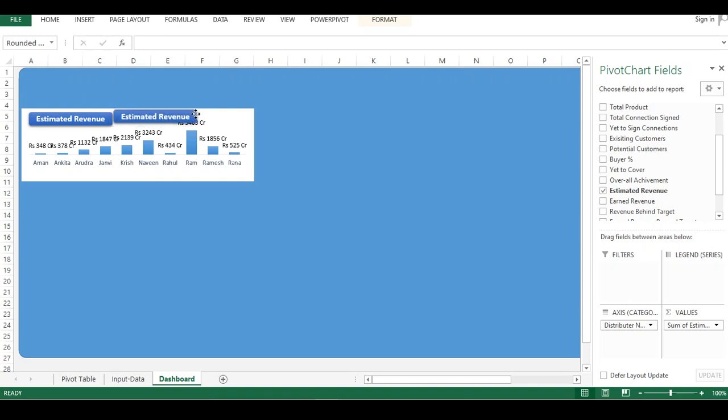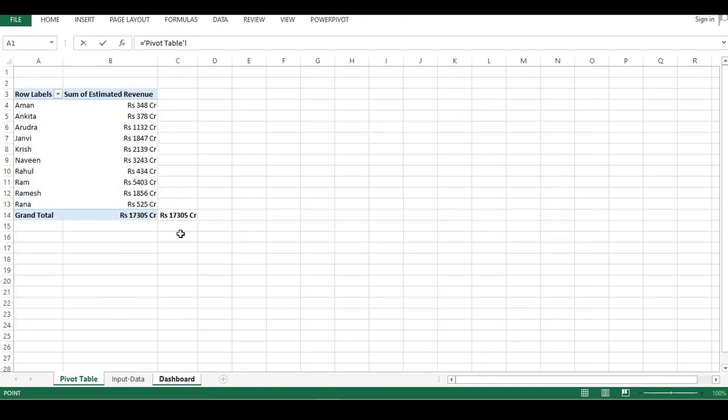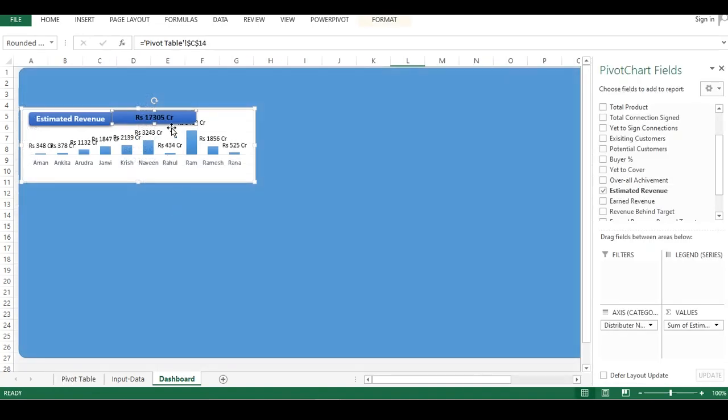How much crores was estimated you have set target. So how will you get it? Click here on this and then click on the formula bar, equal, and go to the pivot table, select value from here and enter. The value has reflected to this chart, and you can adjust it and